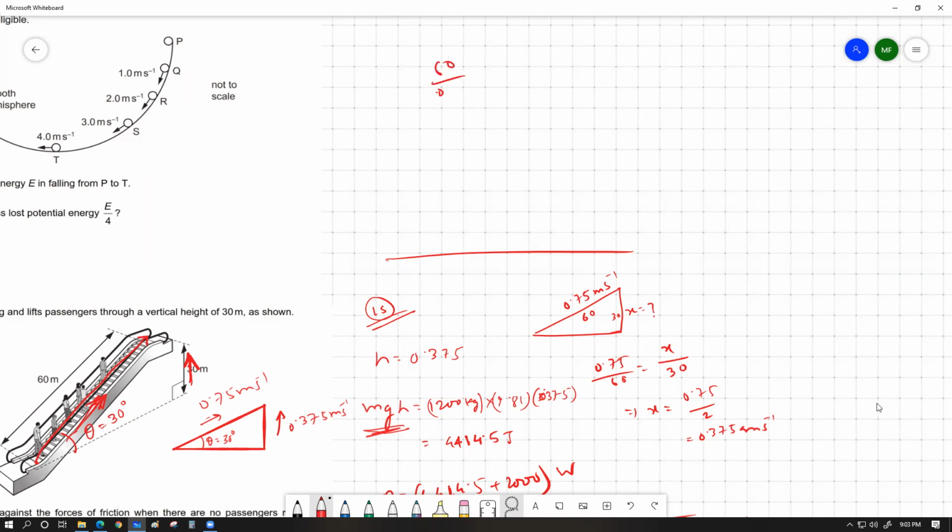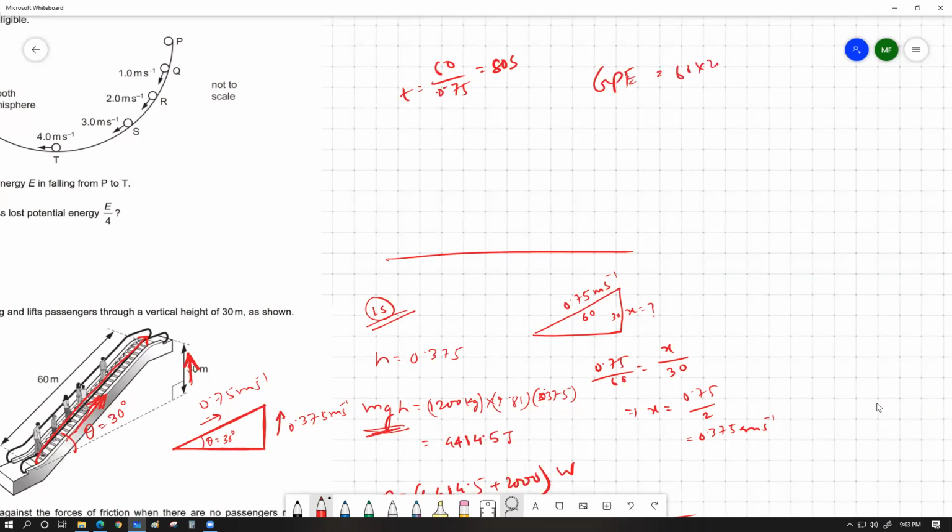60 divided by 0.75, ঠিক না? এটা বুঝতেছো? Yes, sir. এটা কত আসে দেখো, 80 সেকেন্ড। 80 সেকেন্ড টাইম লাগবে। এখন এই 80 সেকেন্ডের মধ্যে আমার টোটাল জিপি গেইন হবে কত? 80 সেকেন্ডের মধ্যে টোটাল জিপি গেইন হবে হচ্ছে